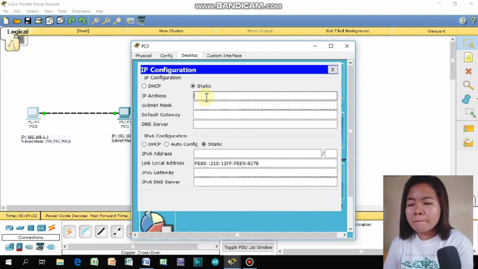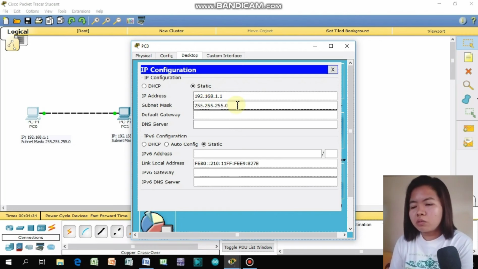So we let 192.168.1.1, and we need to have a subnet mask for that particular address. So we let 255.255.255.0, and